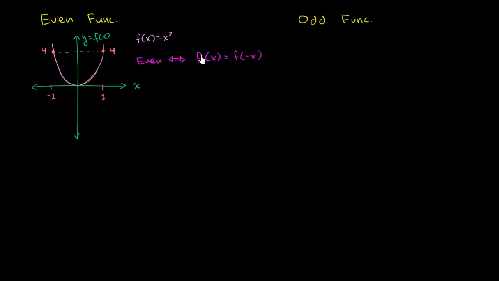of negative x. And the reason why I didn't introduce this from the beginning, even though this is really the definition of an even function, is when you look at this, you're like, hey, what does this mean? F of x is equal to f of negative x. And all it does mean is this. It means that if I were to take f of 2 is 4. So let me show you with a particular case. F of 2 is equal to f of negative 2. In this particular case, for f of x is equal to x squared, they are both equal to 4. So really, this is just another way of saying that the left side of the function is the reflection of the right side of the function across the vertical axis, across